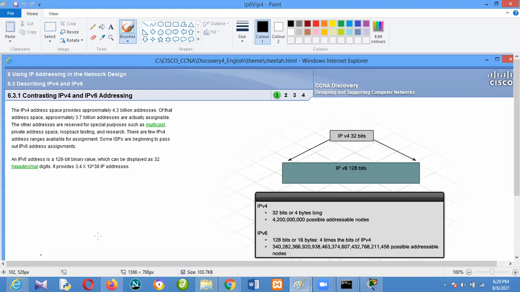So here is just to compare IPv6 with IPv4. Of course, IPv4 is 32 bits, whereas this one is 128 bits. I read the material that said the size of IPv4, you can see the possible addresses here, whereas for this one, see the possible addresses.